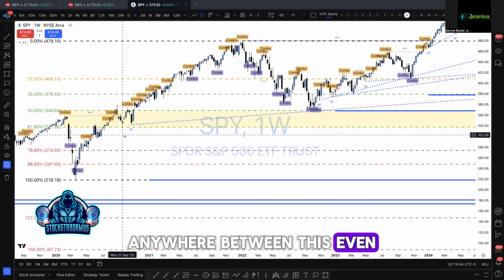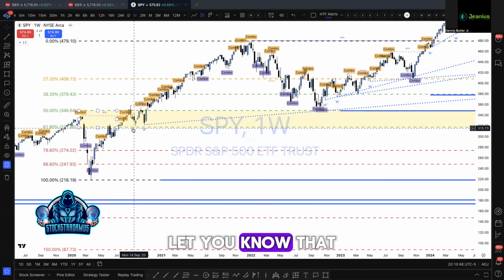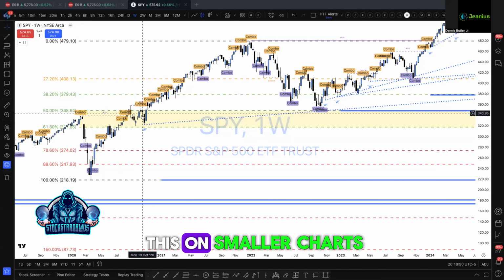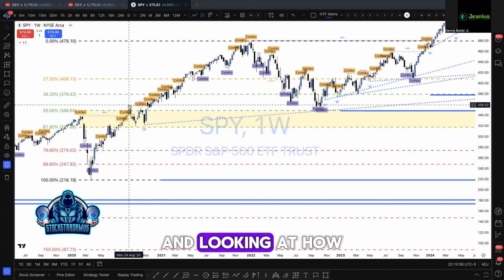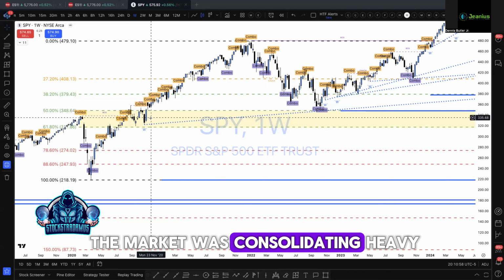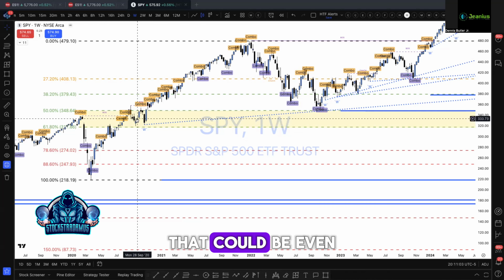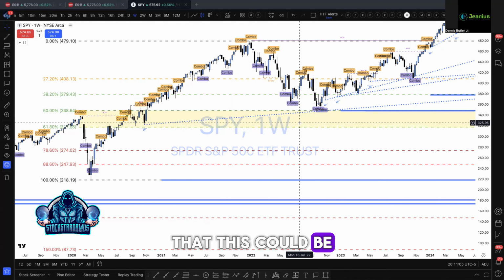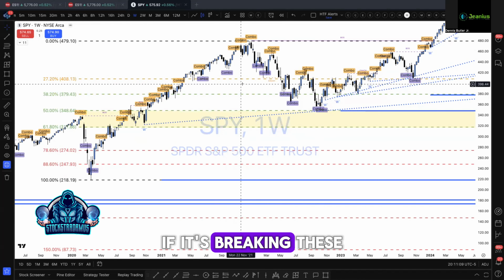Anywhere between this, even if you look right here where the market consolidated, let you know that anytime you see, even if you see this on smaller charts, what do they call that? Demand. So you know for a fact that looking at this Fibonacci retracement and looking at how the market was consolidating heavy at this point, at some point, that could be even more confirmation that this could be an area where if the market continued to push down in here, if it's breaking these levels right here,